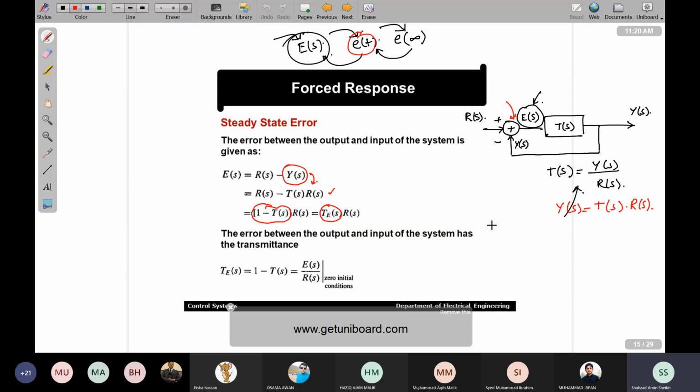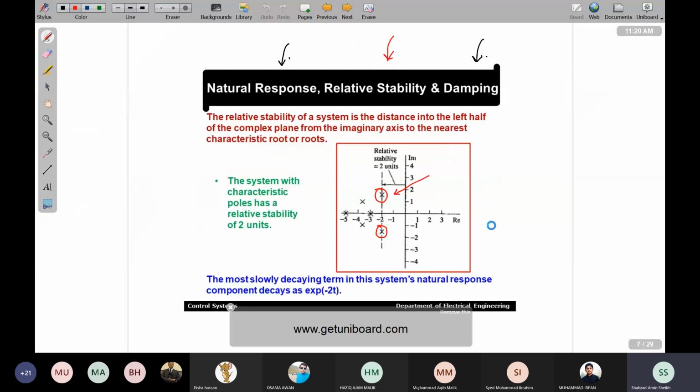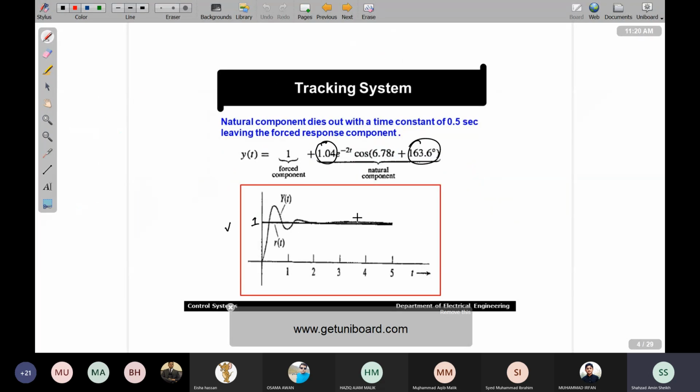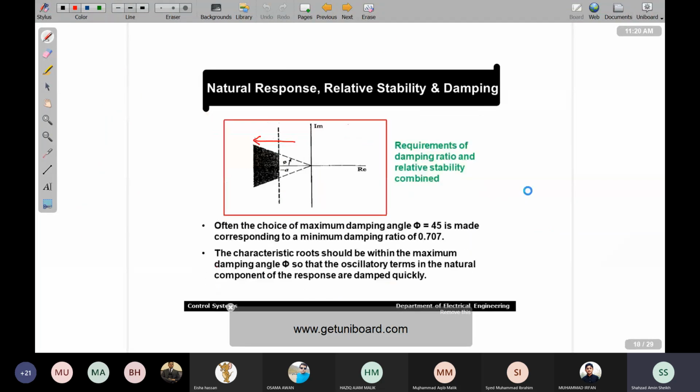जैसे ही E forced, अगर मैं इस जगह पे आऊं, यहाँ पे जब हम स्टेडी स्टेट में पहुंच रहे हैं तो यहाँ पे मेरे पास y of t जो है, y forced जो है, that is approaching r of t, that is my external input, that is r of t. सो इसका मतलब है नेचुरल कंपोनेंट डाई डाउन कर रहा है, और मेरा जो y forced है that is approaching my external input. लेकिन at the same time E forced जो है that is equal to 0. जैसे ही ये 0 होगा तभी y forced जो है that would be equal to RFT. सो क्लियर हुई ये बात कि किस तरह से स्टेडी स्टेट एरर को डिफाइन किया गया है।